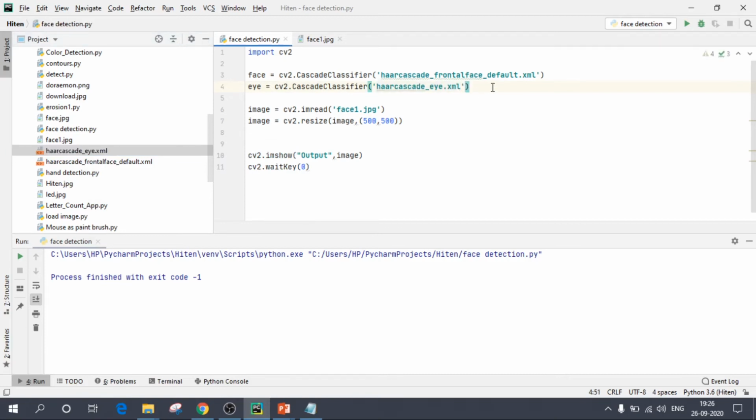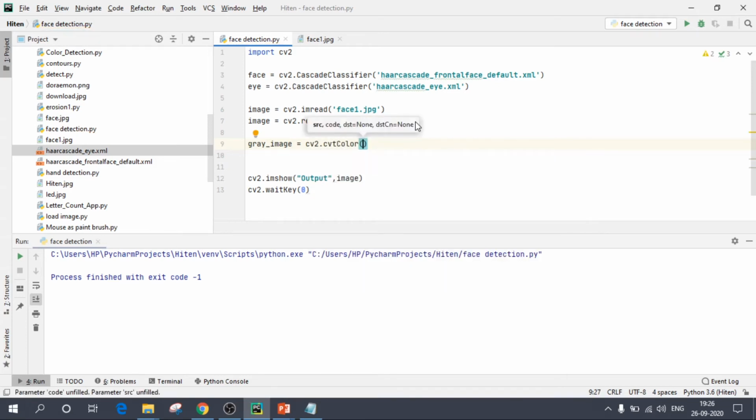Okay, so now since we have two classifiers, and the requirement to detect a face in an image for Haar cascade is you need a grayscale image. Since our image is a colored image, we need to convert it into grayscale. So we'll create a variable named gray_image, and we'll create the grayscale by cv2.cvtColor.